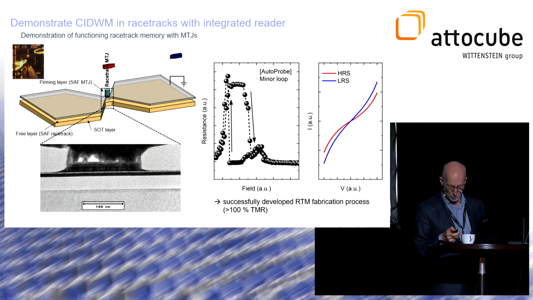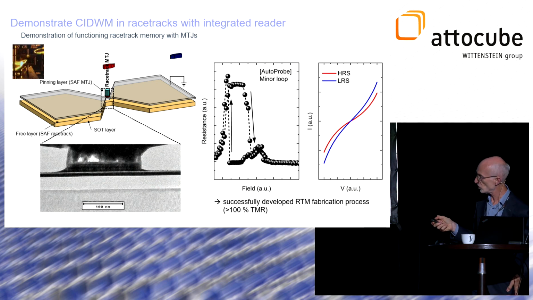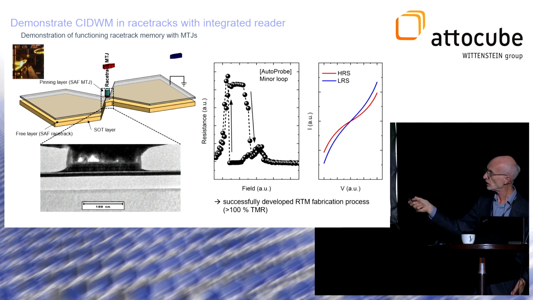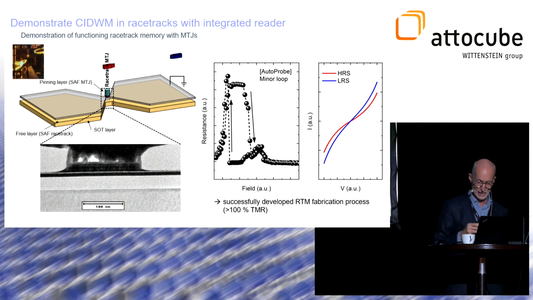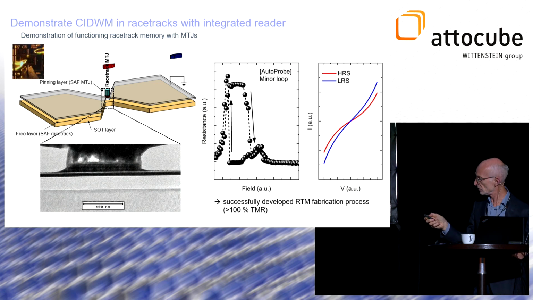Rather, we would incorporate into the racetrack a tunnel junction device, as shown in this cartoon. So here's the racetrack, a very short one. These are just electrodes to inject the domain walls, and the tunnel junction consists of a fixed magnetic electrode above a tunnel barrier on top of the racetrack, and as the domain wall moves through this region, the tunneling current will evolve. And we can see, for example, integrated here a 100 nanometer wide racetrack, a domain tunnel junction,